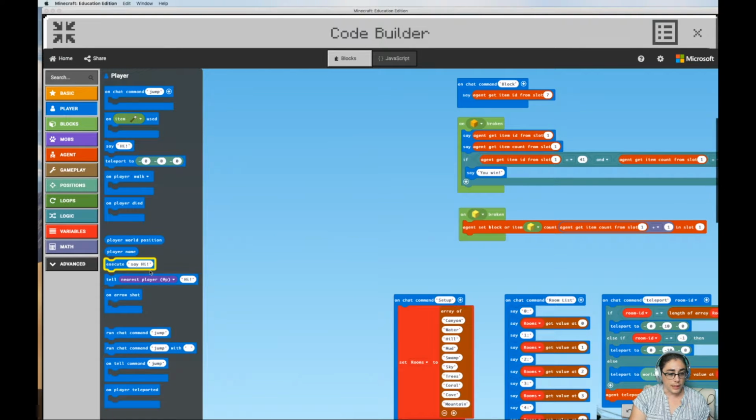Ooh, that was loud. I think there's also a player name block that returns the name of the current player, you. And I think we might be able to do a world one where when a player joins,